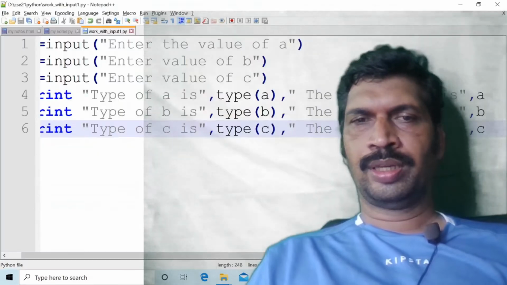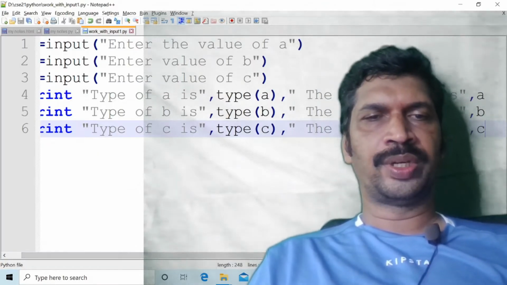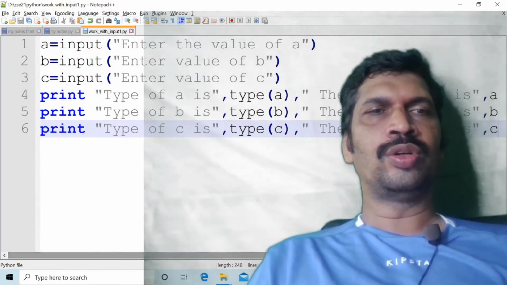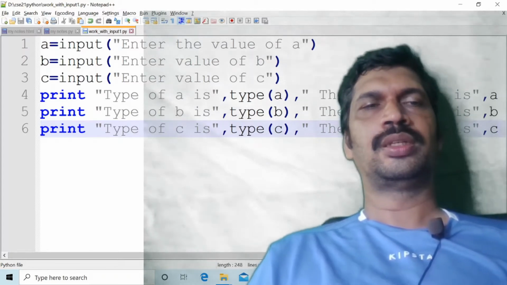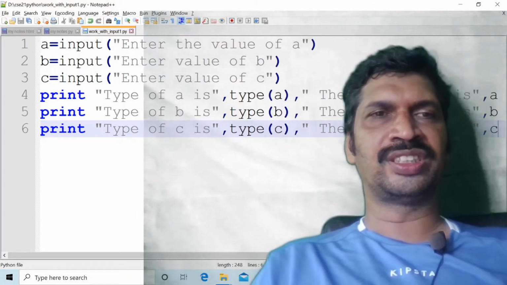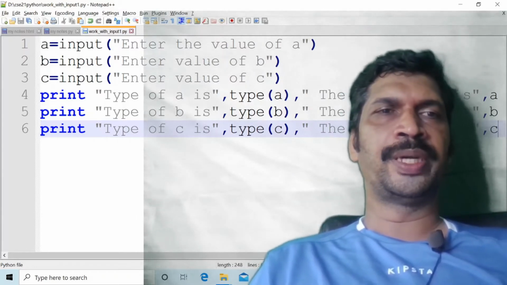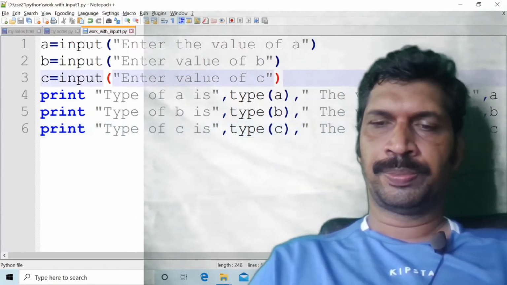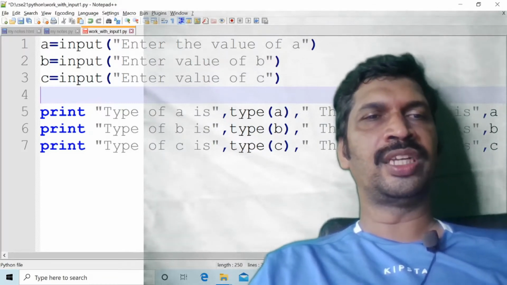One important point in Python 2.7 is that in Python 2, braces are optional. Later we will see what a keyword is and what a function is. In Python 2, print is a keyword, and in Python 3, print is a function.